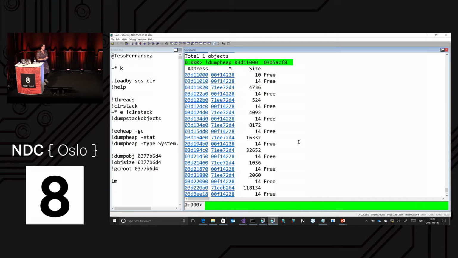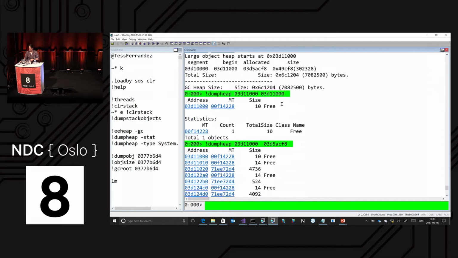I think this is extremely interesting, because the fact that .NET lays out our objects one after another means that we can enumerate all the objects in a heap. So we can find out every single object that you have ever allocated that is still not garbage collected. We can take a look at the data, and everything like that. And the magic happens not only in that it's laid out one after another, but